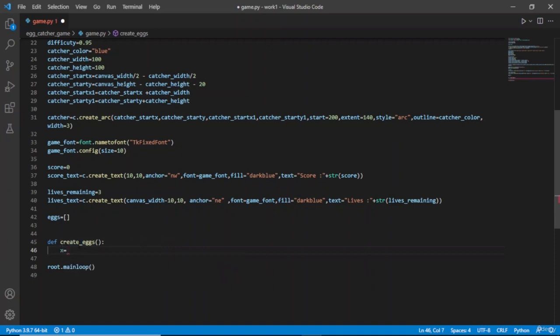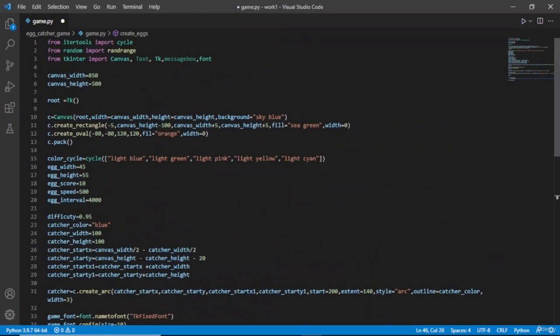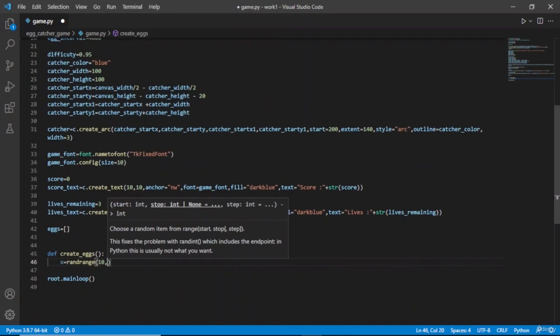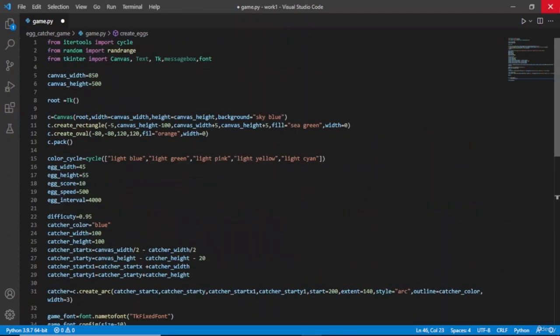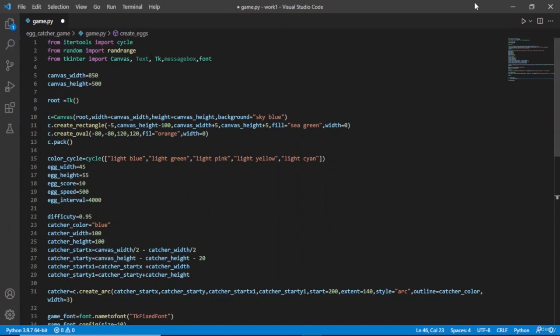So I want a random function, that is x equals rand range. This is the function that we have already imported, and our random range will be from 10 to, let's say, 830. The reason I have not taken the complete range, that is 0 to 850, because we have defined our width as 850, so it could go from 0 to 850. I don't want my egg to be falling from the border position. Means you can say this is my border, and I don't want it to fall from here or from these